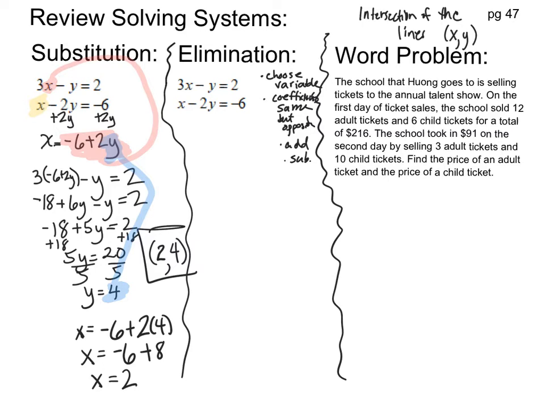Oftentimes I'll just solve for x. I'll get rid of x, eliminate x. So that's what I'm going to do. I'm going to eliminate x. The coefficient of my x in the first equation is 3, and the coefficient of my x in the second equation is 1. I want to find the multiple, and this one's easy, but I want to show you